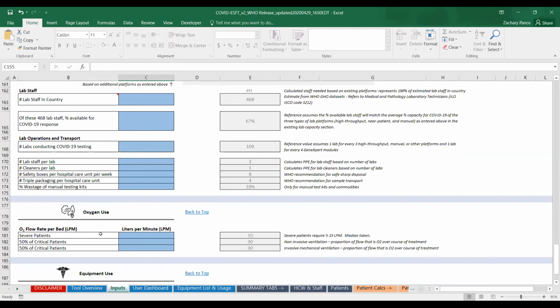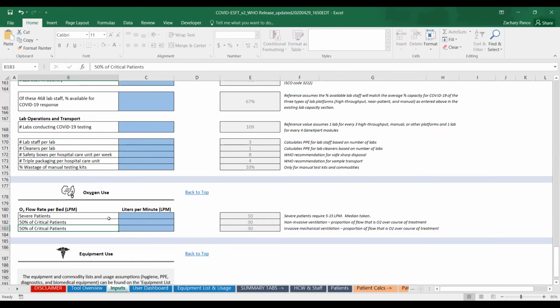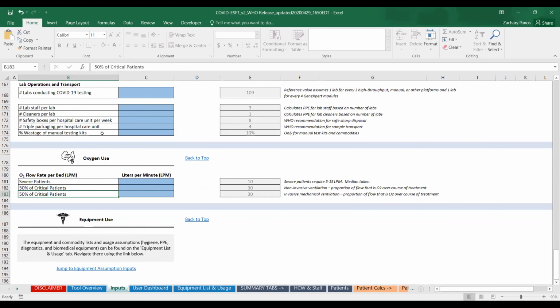And so here we've broken this up by severe patients and then critical patients that need non-invasive ventilation, as well as critical patients that need invasive mechanical ventilation. And as Elizabeth alluded, we will be making some updates in a version 2.1 around oxygen use that will provide a little bit more flexibility in terms of these inputs here. So this tab really covers all of the inputs for the back end of the tool to run.